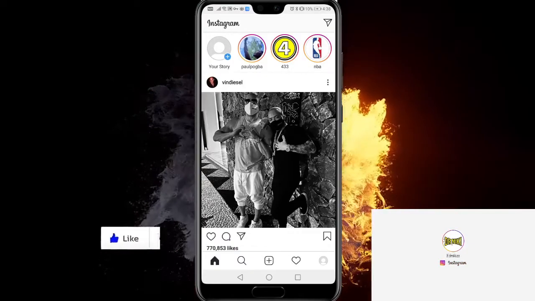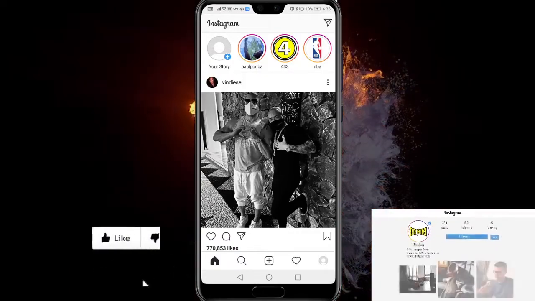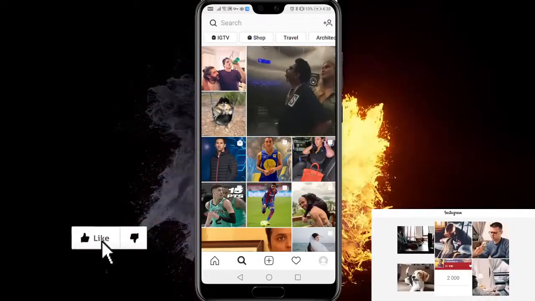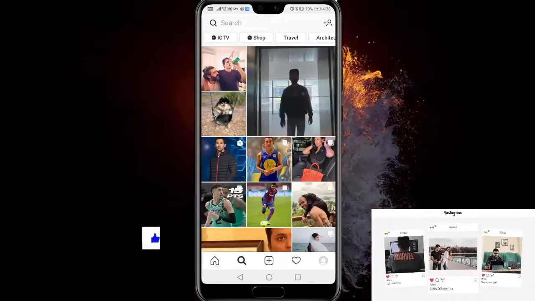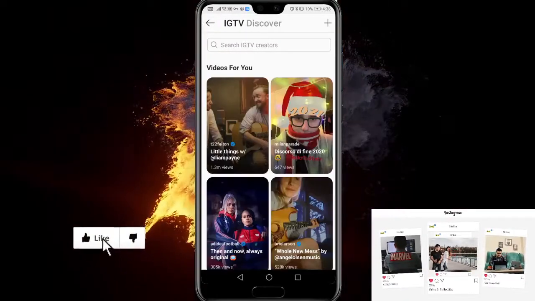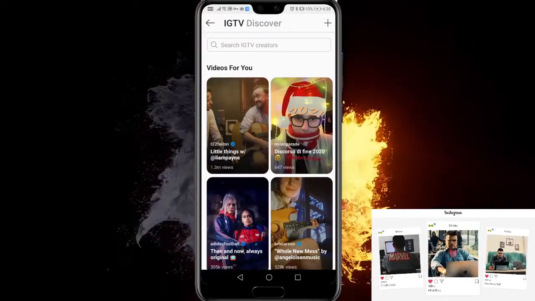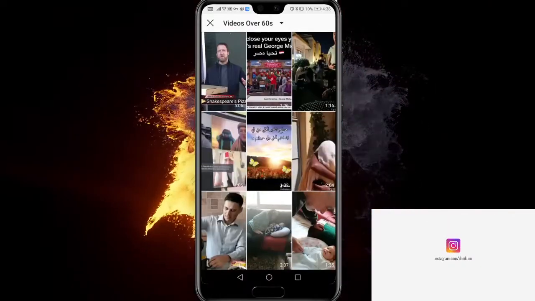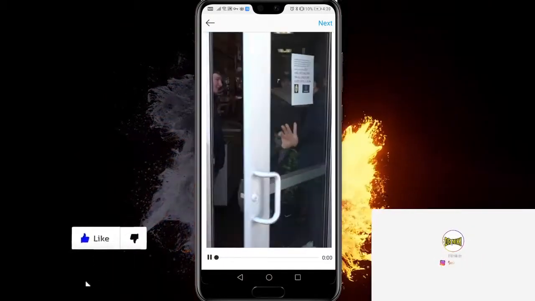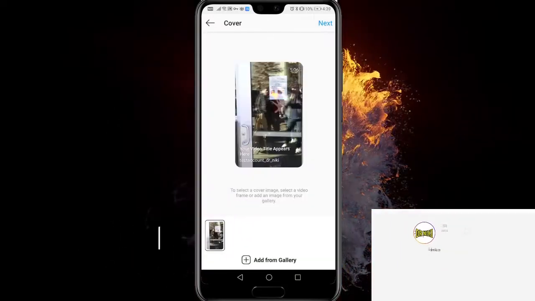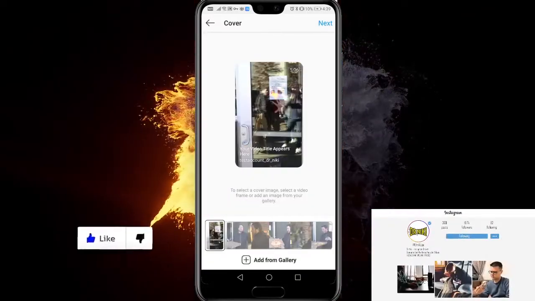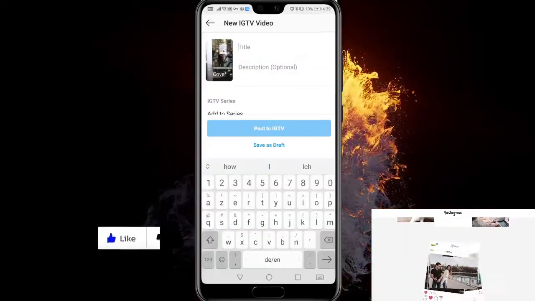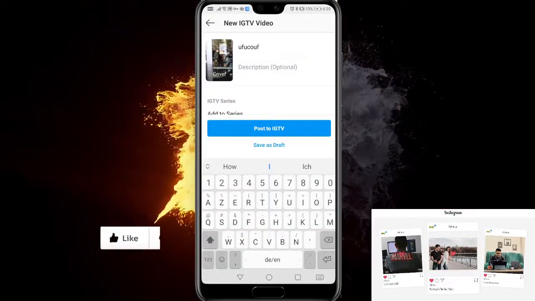So let's start. First, you have to go to the search tab and then you look at the top IGTV. You click IGTV and then click on the plus sign at the right corner. Now choose a video, click next, and now you can click next again, and you can write some title, description,